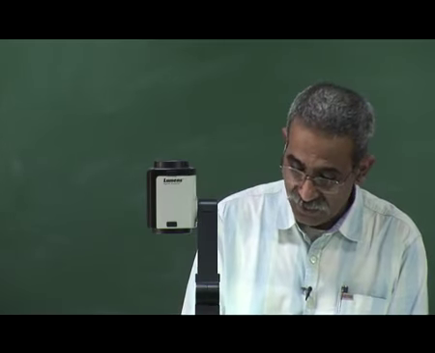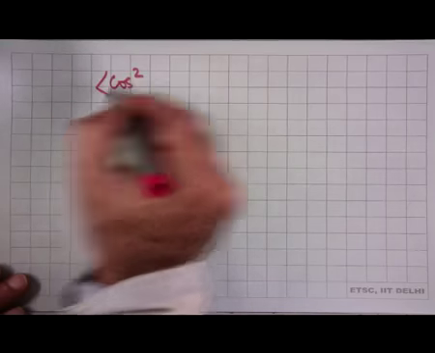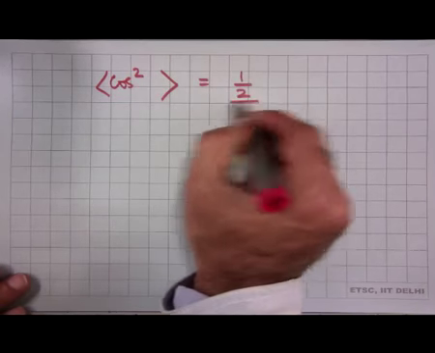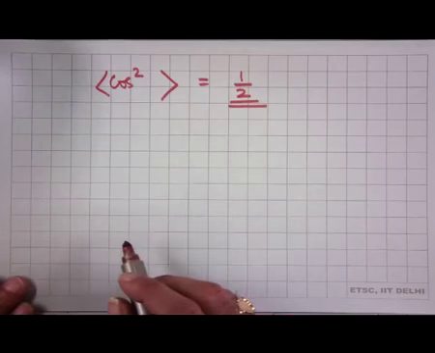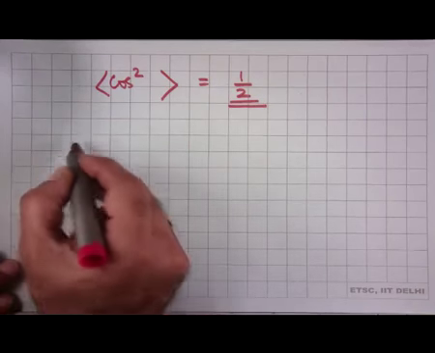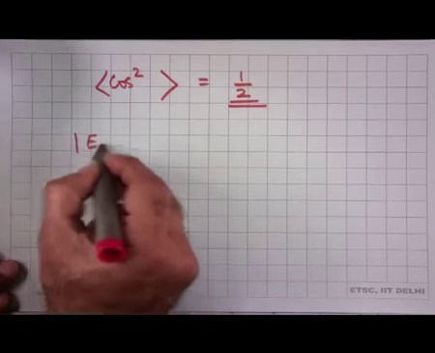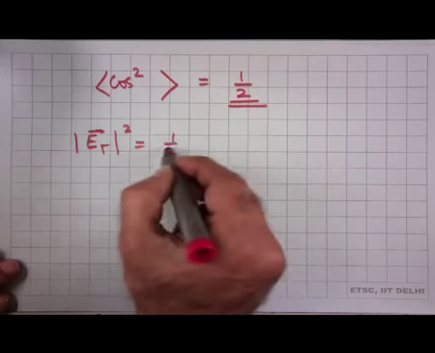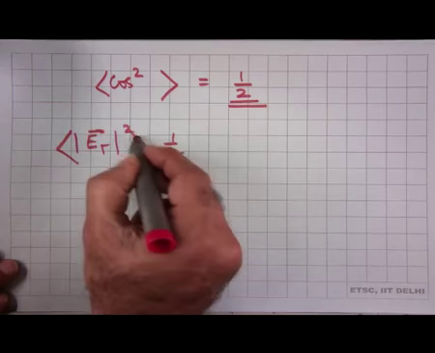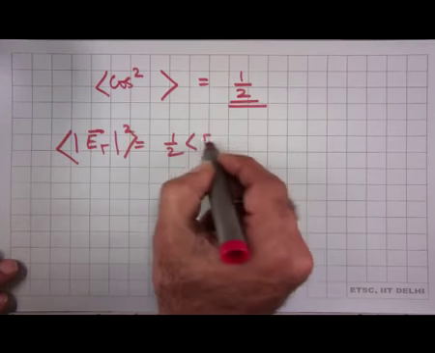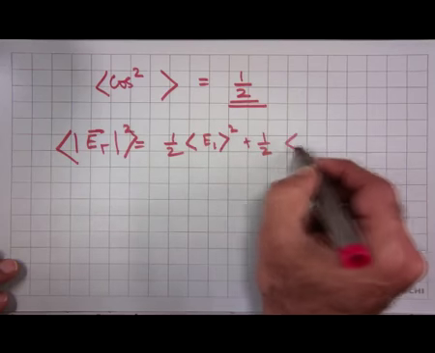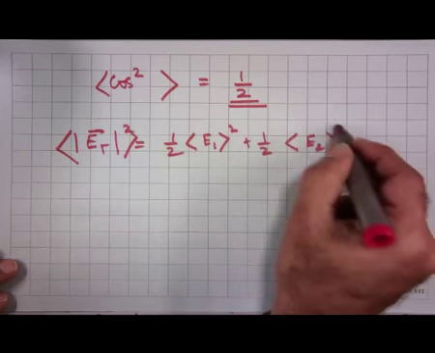And everyone knows that cos squared averaged over one period will simply give you a factor of half. That is something that we always know. Therefore, my Et squared will be nothing but, so I will put an average sign here, half E1 squared plus half E2 squared,